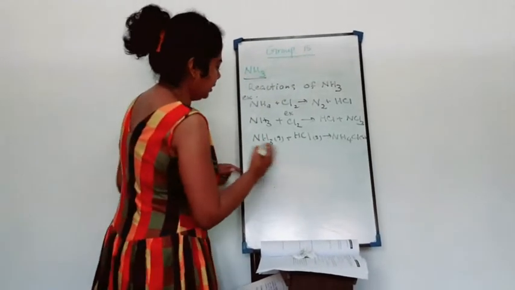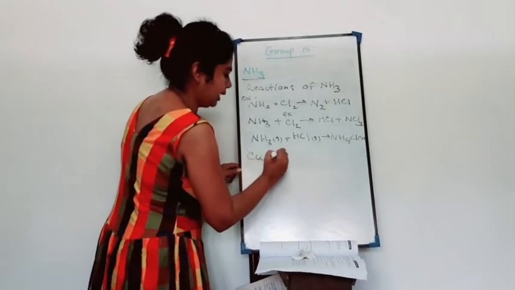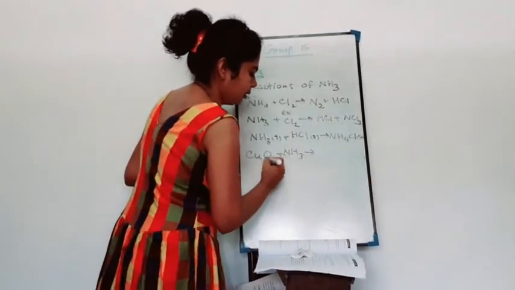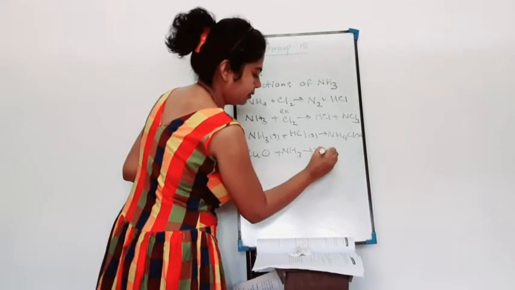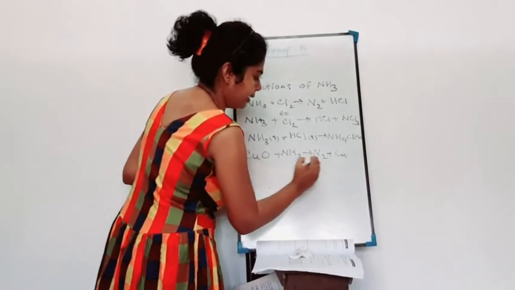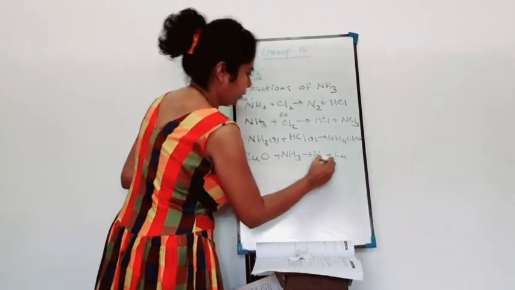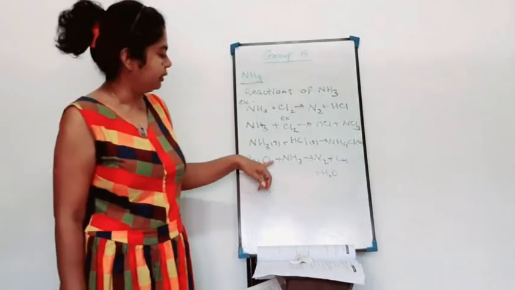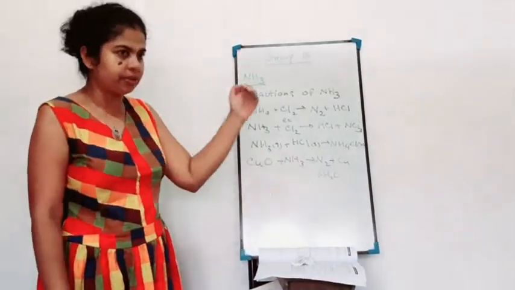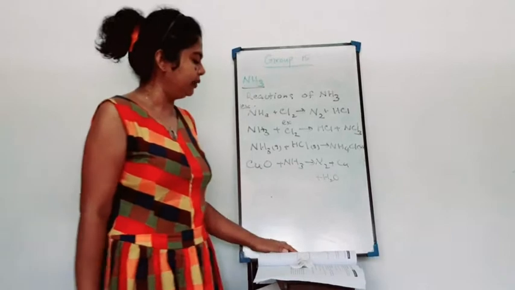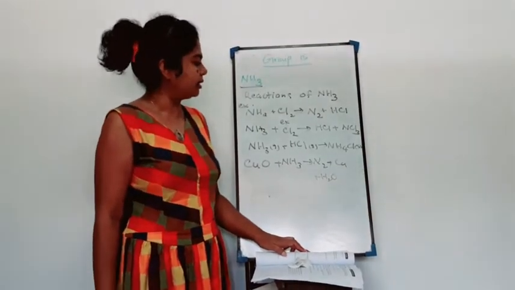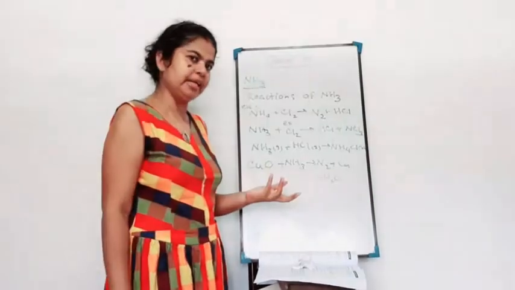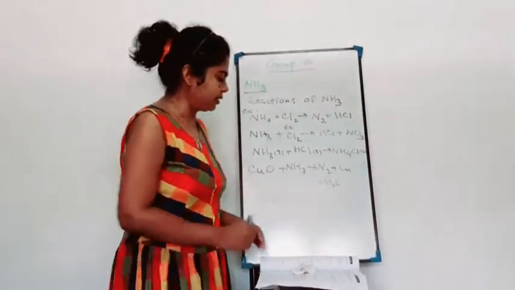Okay. Then the next one, copper oxide and ammonia. Copper oxide and ammonia gives out nitrogen, copper and water, right? Actually this is done by passing ammonia through heated copper oxide, then you can get nitrogen gas, copper and water. So this all should be memorized. Okay. Then the next one,